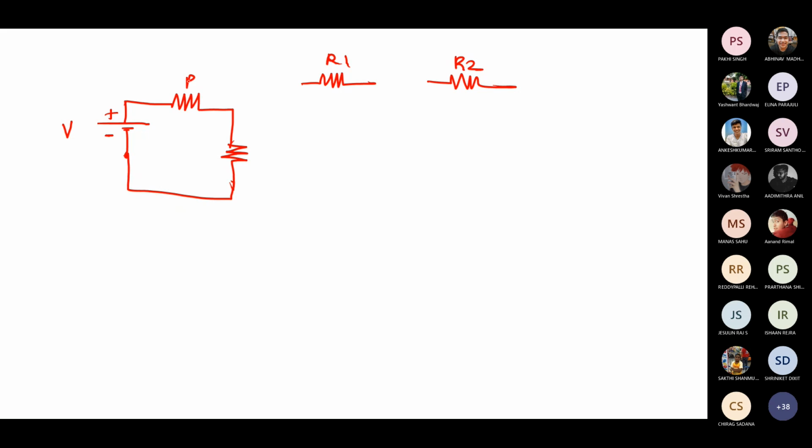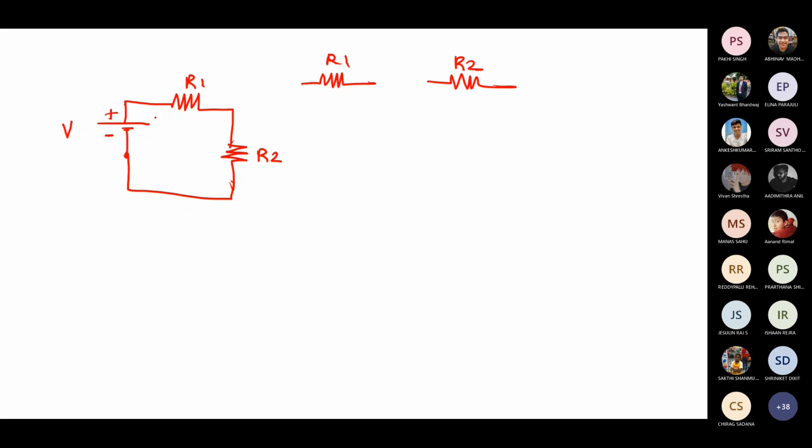And these are the resistors R1 and R2. So how are these two resistors connected to this voltage? In series. That's what we have seen previously also. If we have two ends, AB and CD here, only one end of each resistor is connected to the voltage: one end to the positive of the voltage, another to the negative. These two ends are not connected together. Then these two resistors are in series. That's what we saw in the last class.